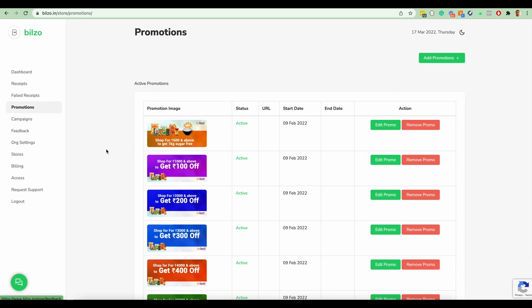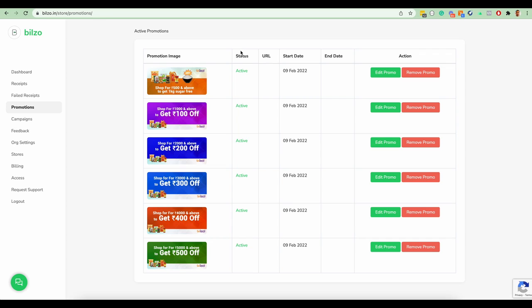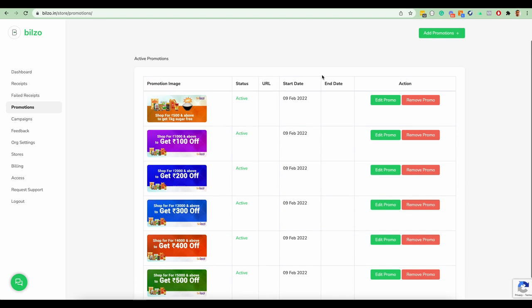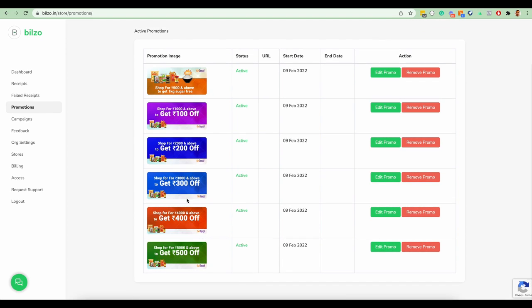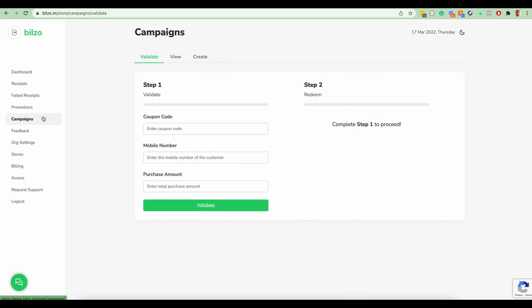Next up we have promotions. Promotions are the ones that you saw on the bill. This is where you can upload them, you can add new promotions, and these all have a start date. Then we move on to campaigns, where you can validate a coupon code whenever you're in